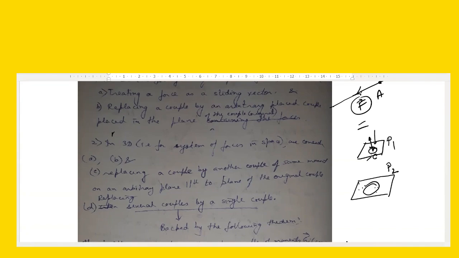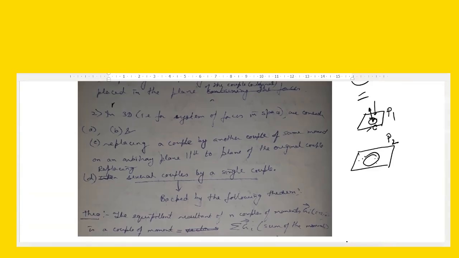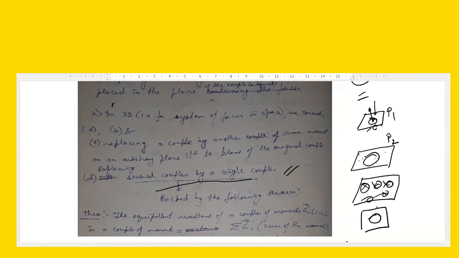Another, the last one: you can add up a finite number of couples into a single couple. That is the last one, replacing several couples by a single couple. That means suppose you have this couple, you have this couple like this. You can replace all of them by another couple C dash,